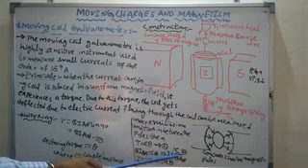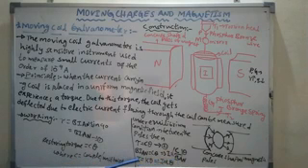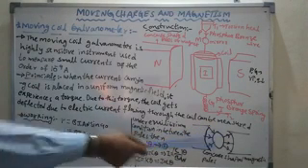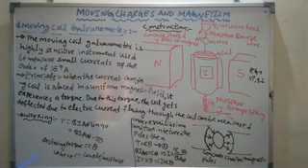This C by BAN is called what? The figure of merit of the galvanometer, constant for a given galvanometer. Then I is equal to what? C by BAN is called K, a constant for a given galvanometer. Then I is proportional to theta. If the deflection is more, the current flowing through the coil is also more. So this is a way to produce a radial magnetic field to increase the effect of the magnetic field on the cylindrical coil. I hope you understood. So the moving coil galvanometer is very, very important. Correct?